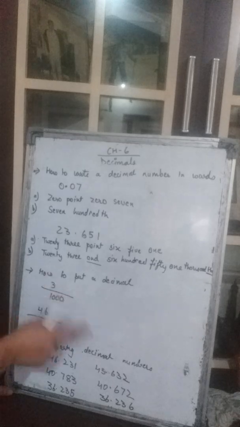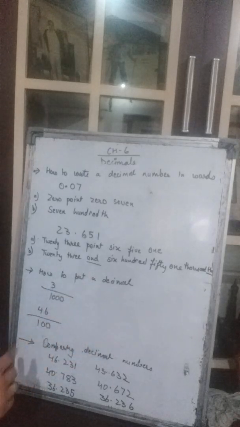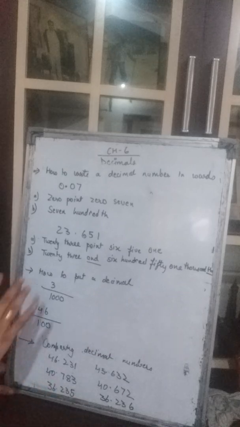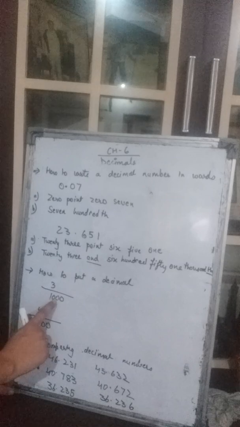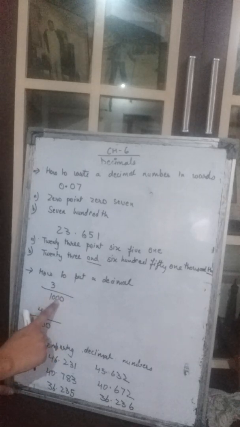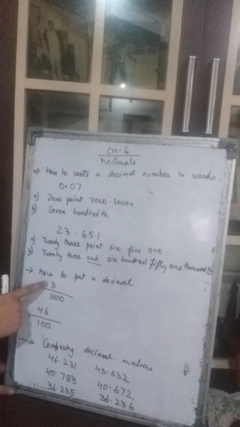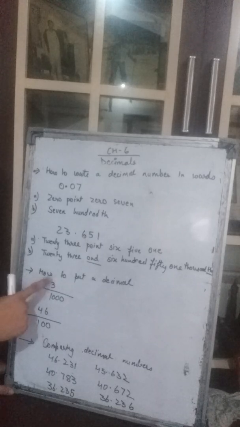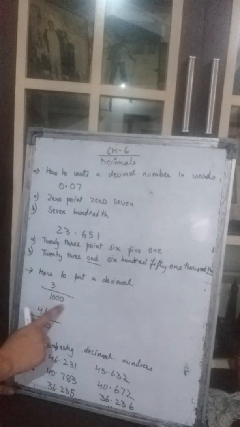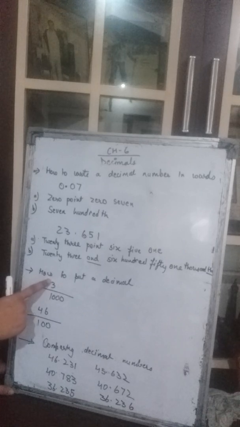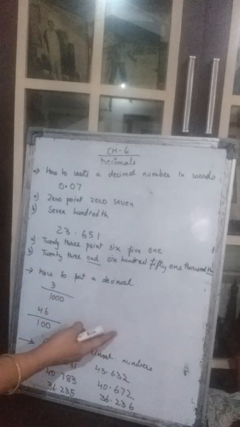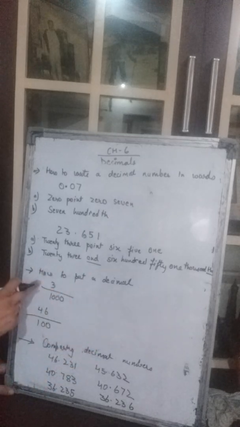Now, how to put a decimal? A fraction is given to you. How to convert it into a decimal number? You must have done this earlier. If not, I'll explain to you. How to convert this into a decimal number? What you do? You will simply count the number of zeros. How many zeros are there? 3 zeros. Okay, how many digits are there? 1. We have to make them equal. The number of zeros should be equal to the number of digits here. So, 3 zeros are there. Only 1 digit is there. We will add 2 zeros, but on the left hand side of this. Not on the right hand side. Because then we will put a decimal.